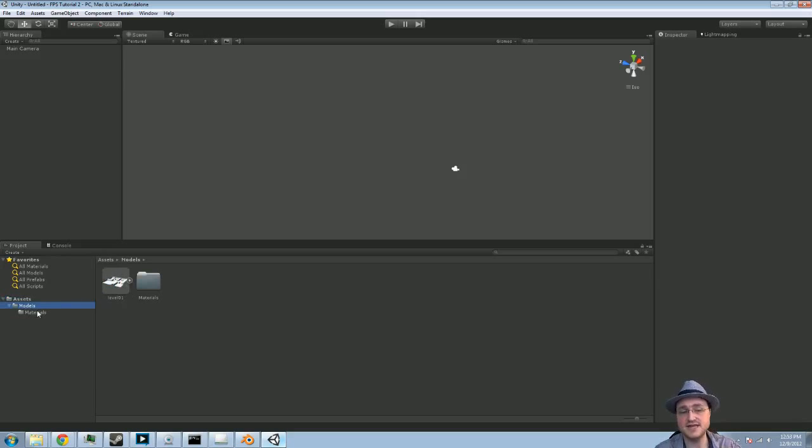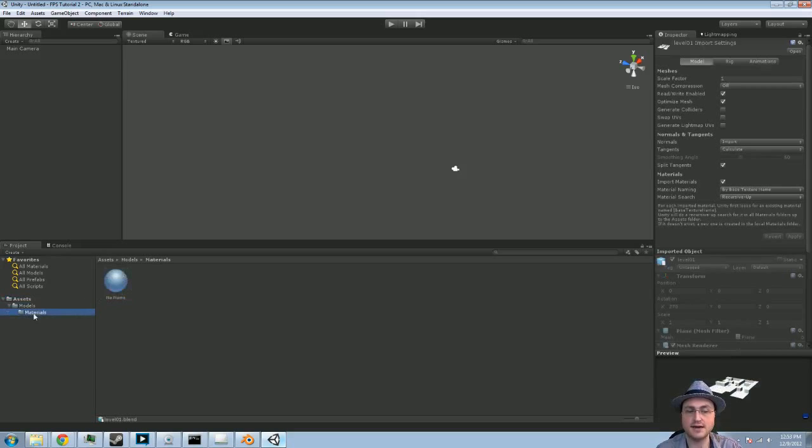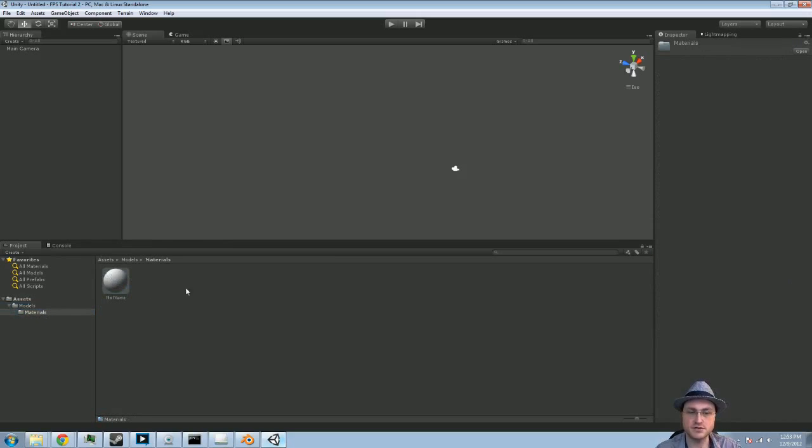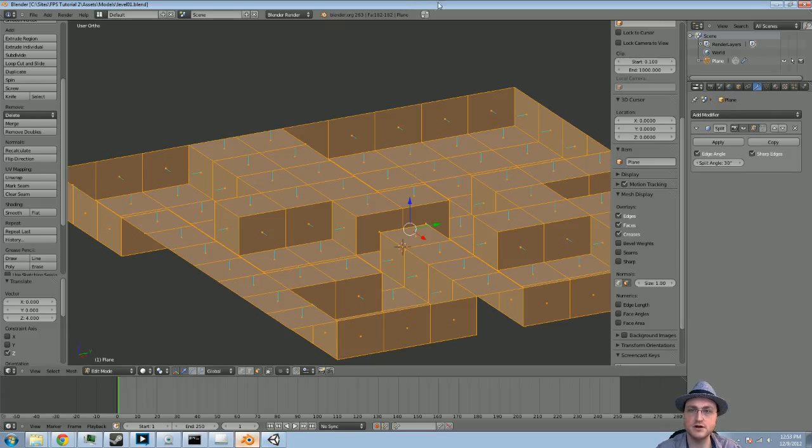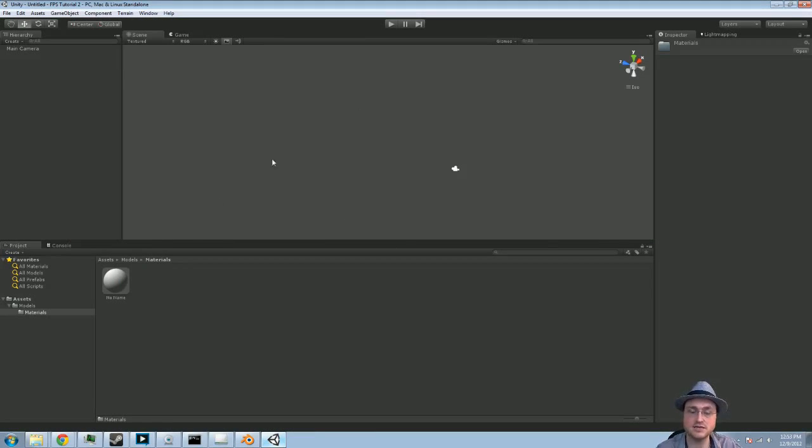Also, there's a default material, applied to the model, and by default it imports that in when you import these in this way. I usually just leave the materials folder there. I leave that no name texture there, and I don't modify this material. Now you can assign all the materials and textures inside of Unity if you want. You can have it so that inside of Blender if you want. So when you're in Blender here, you can have everything looking exactly the way it's supposed to in game, or you can apply the materials and textures just inside of Unity here instead. And I often work here, but that's mostly because I tend to work with simpler